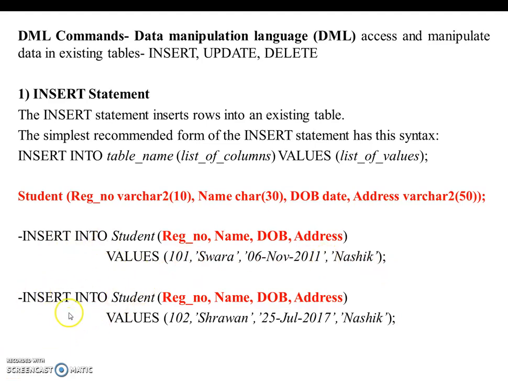As usual, insert into student, then the register number, name, DOB, address, and values. I am replacing the values: 101 by 102, Swara by Shravan, the date by 25 July 2017, and Nasik by Nasik. So I can change the values here. This way you can add multiple rows within your table. Please keep in mind, you must have the insert into values keywords appropriately along with their column names and their